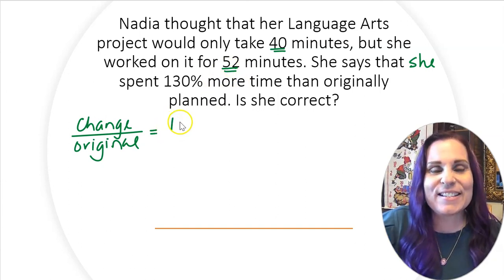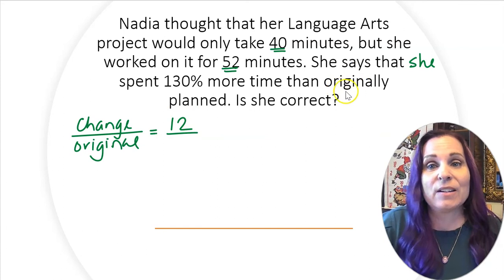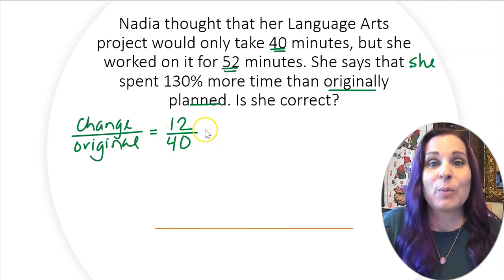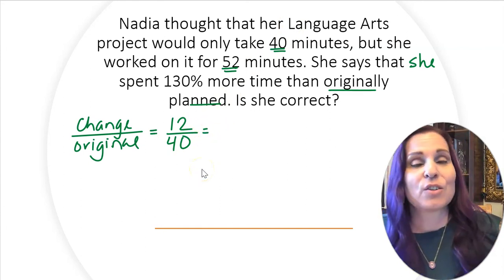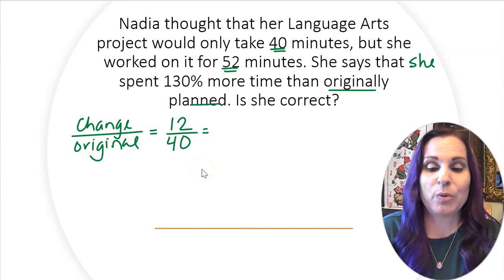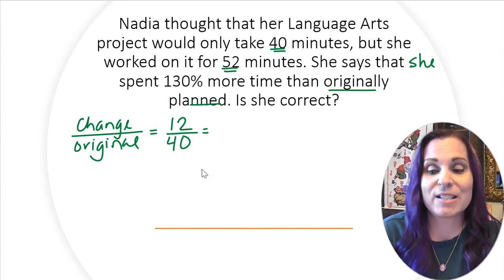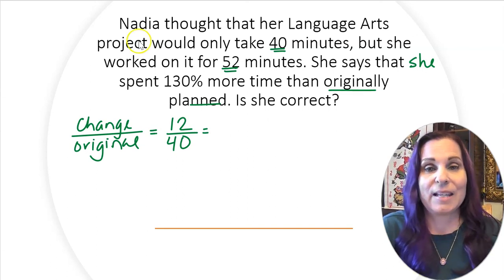So our change is 12, and originally planned was 40. Now we're going to convert this to a percent. So that means we're going to go through the decimal form first. So 12 divided by 40 is